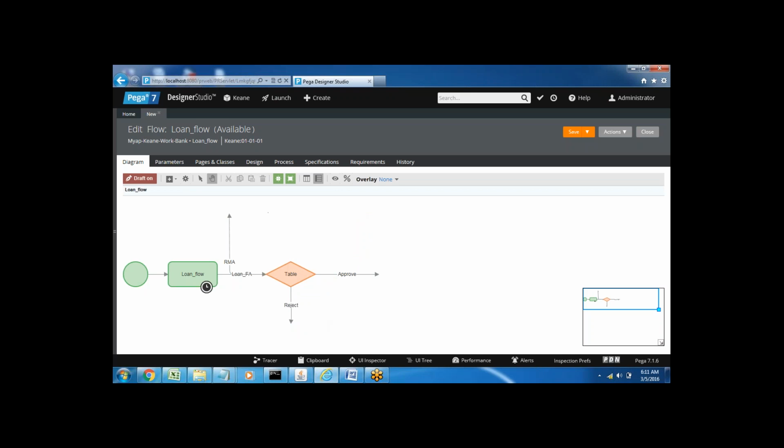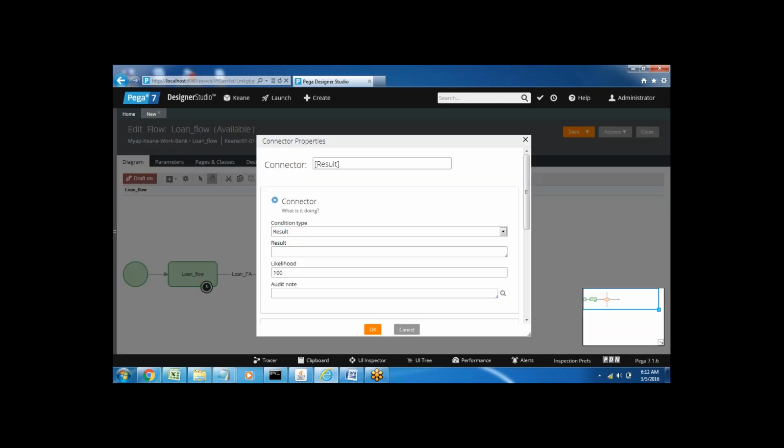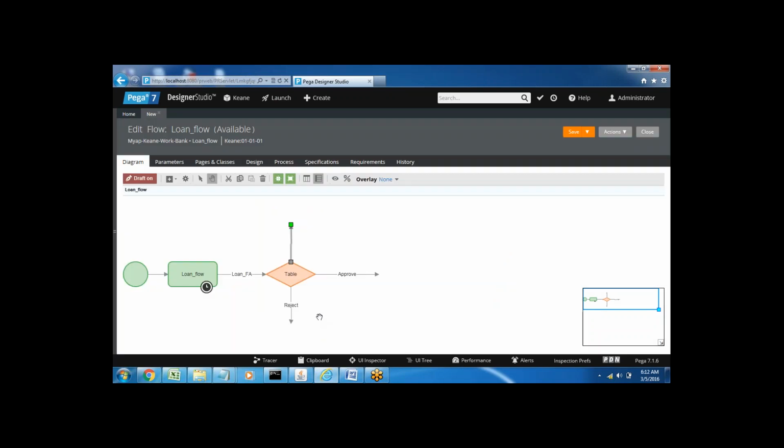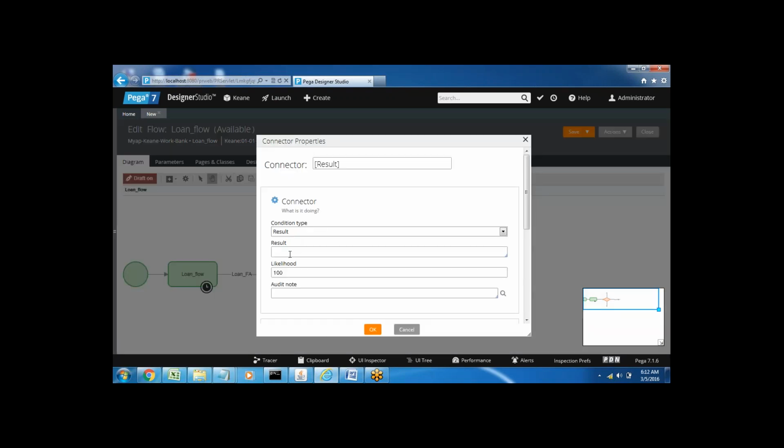This connection I need to adjust. I can delete this connector and add it once again. So here I'm giving the connection. In the connector properties we'll have the result. We already have approve and reject. Here I'm going to give the third result,